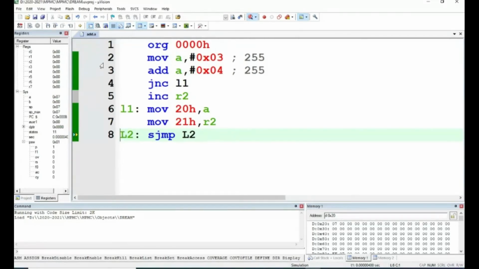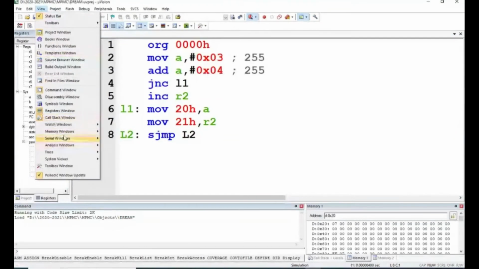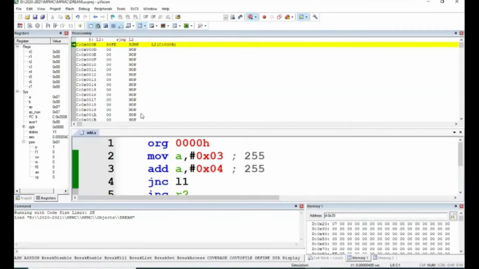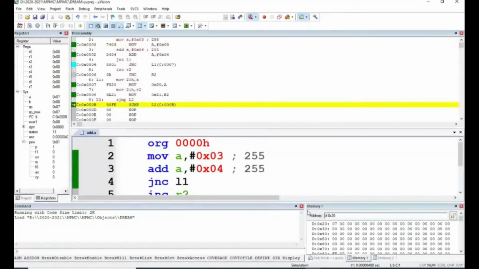There are several software tools available that will convert our high-level language into assembly language and machine language, as we see here. So now we have written an assembly language program. Now I will show you. Now look at the screen. It's very interesting. I can view the disassembly window here. When I view the disassembly window, this is the assembly language program we have written.